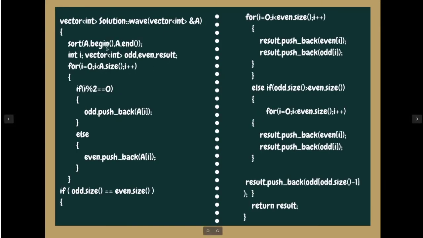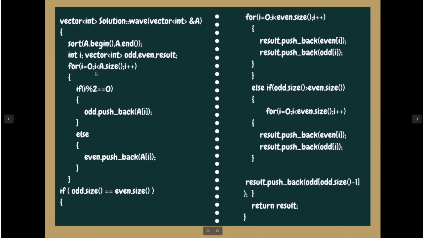This is my code. In this code, first, as I said, we need to sort the input array. So we sorted the input array first. Then the variables here: one vector or array, you can say, for storing the odd elements, one for storing the even elements, and one for storing the result.